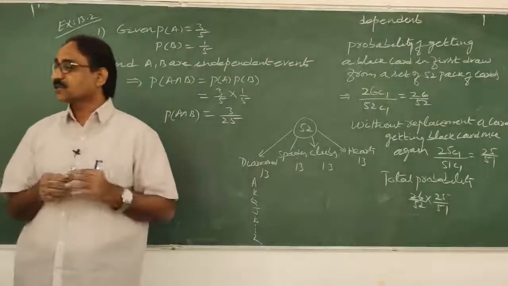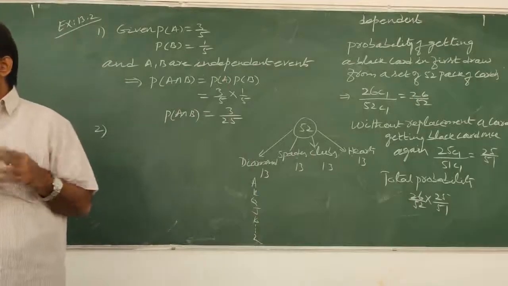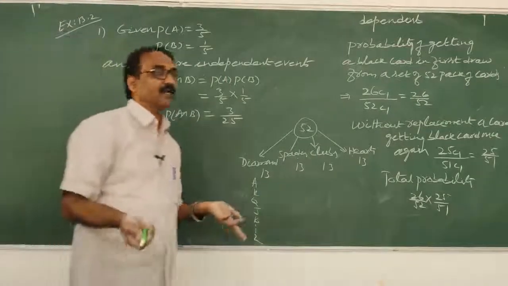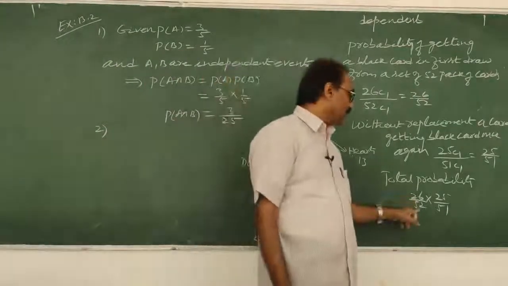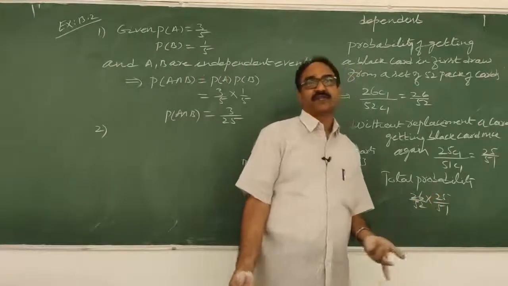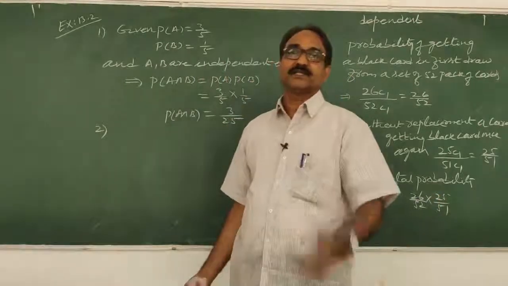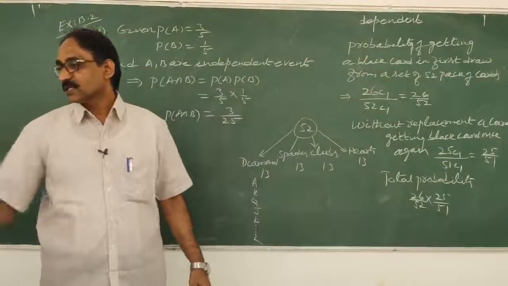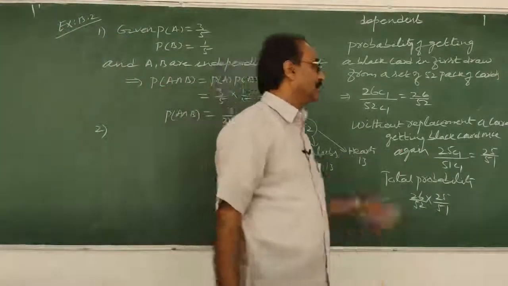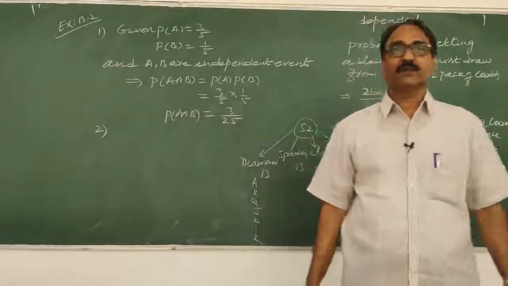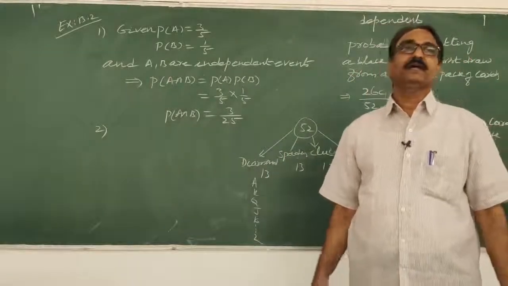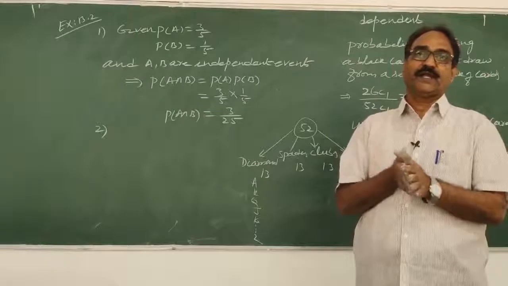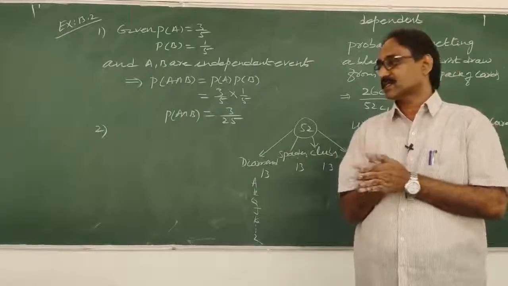So he just asked what is the probability of getting both the cards black. The probability of getting both the cards black is 26 by 52 into 25 by 51. Whatever value you get, that is the answer. Like that, some more problems we will do in the next class. In that class again we will do, based on this addition theorem, multiplication theorem and extension of it. We will do independent events, dependent events, everything in exercise 2.